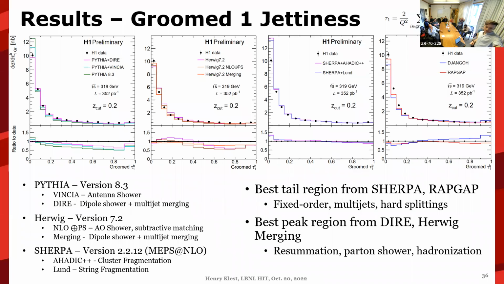You can see that by this huge dip, it goes down to almost 50% of the data in the relatively high tau region. And HERWIG similarly does that. Sherpa has the fixed order inputs to one order higher than the other two,